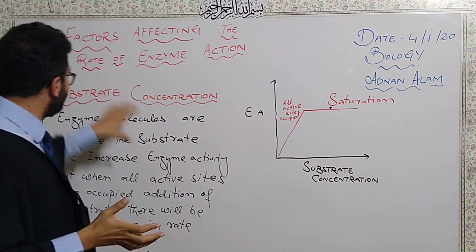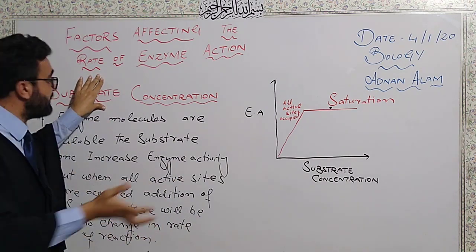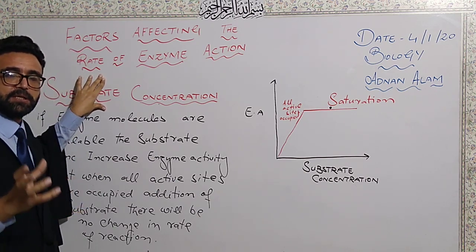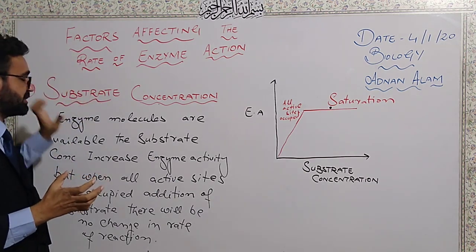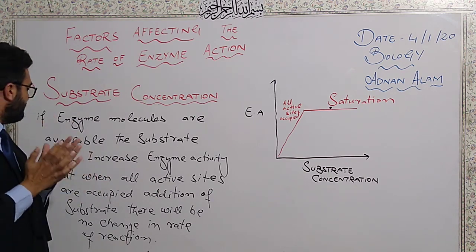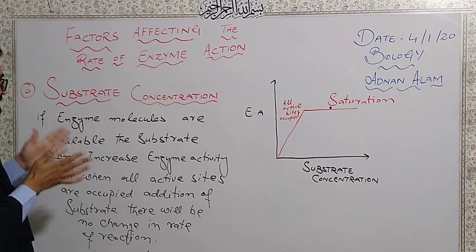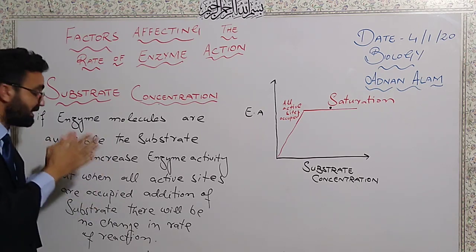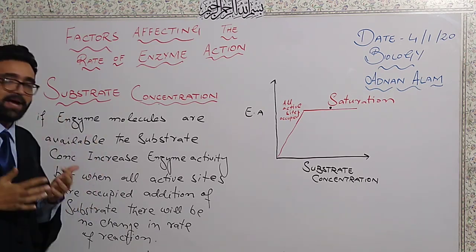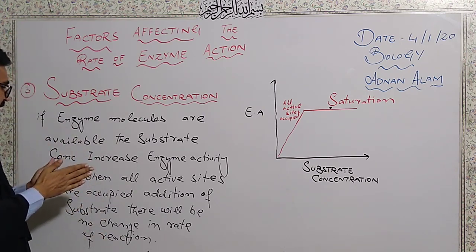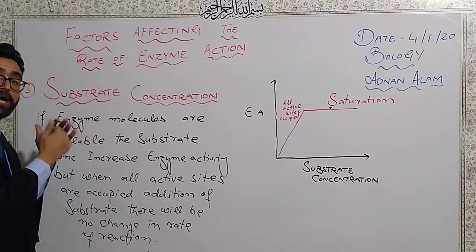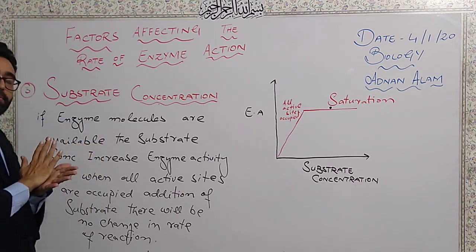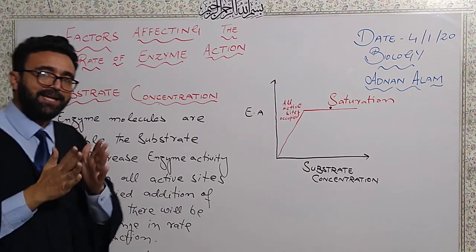What is substrate? Substrate is any substance upon which an enzyme is acting. That particular chemical substance is called substrate. If enzyme molecules are available, as the substrate concentration in a medium increases, enzymatic activity increases. But when all active sites are occupied by the substrate, on addition of further substrate, there will be no change in